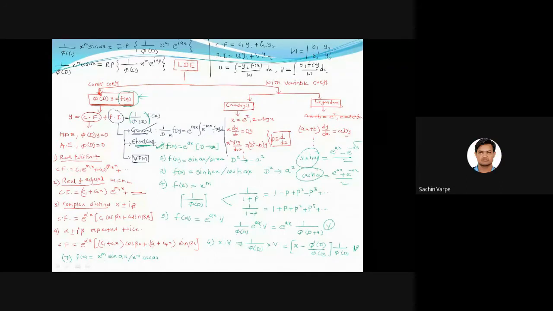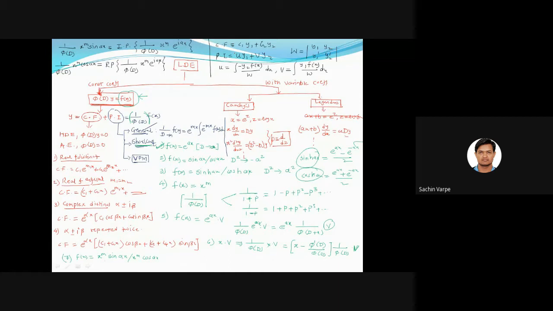So with these three formulas of u, v, W, we can get the value of u and v, and hence by substitution of u and v into this assumed PI, we get the final particular integral, and therefore the general solution will be CF plus PI with the help of variation of parameter. That's it. This is all about the method of solution of LDE with constant coefficient.